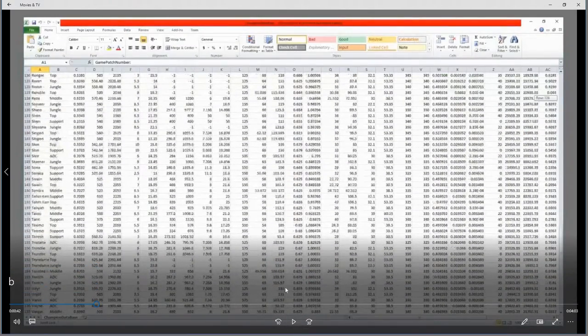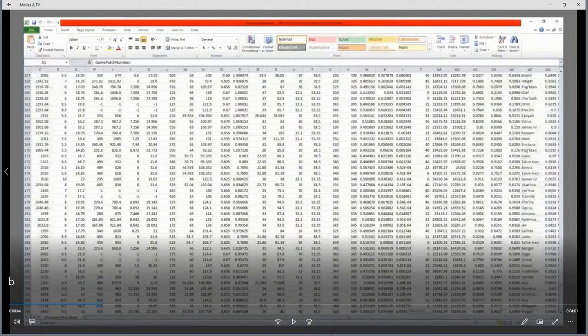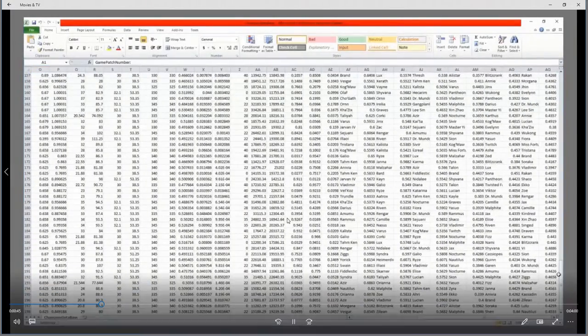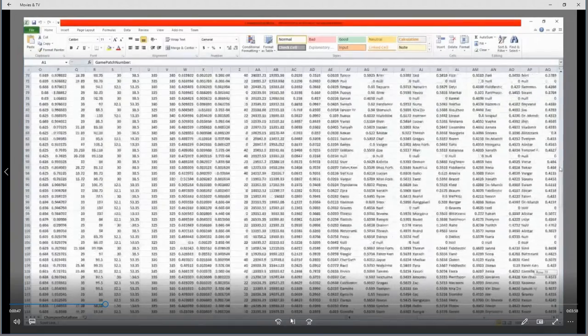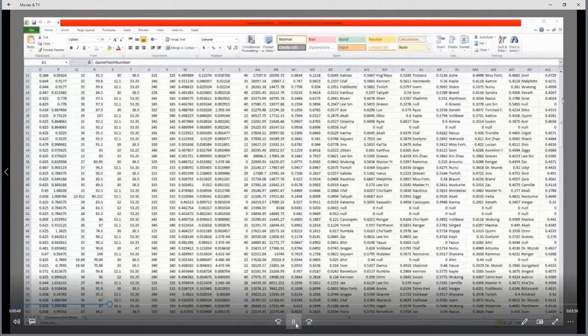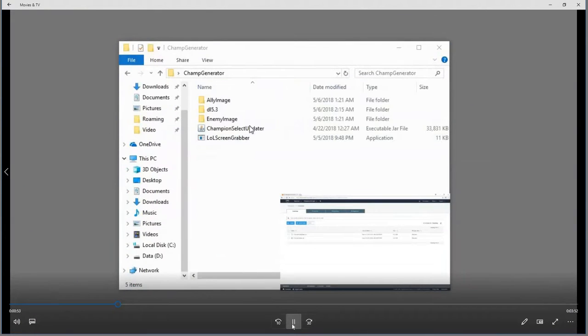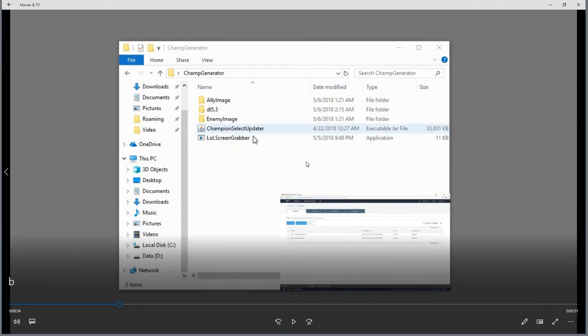And this is pretty much what the database looks like. So you can see we have a name with a huge amount of variables, and here's champion names that the champion is good against with a percentage of how many games they've won against that champion. So we have a lot of probabilities and statistics for us to play with. So now that we have that, I can upload that database to the